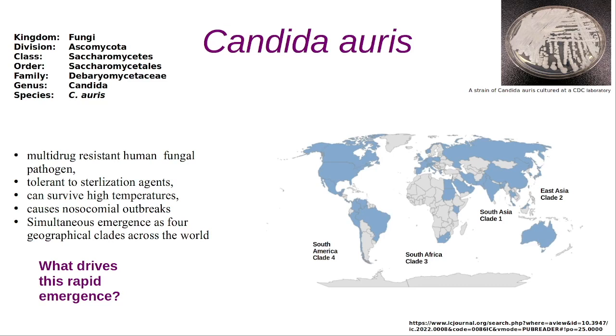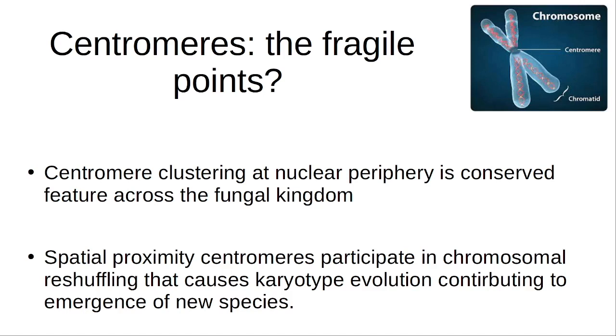A pathogen evolves in nature to adapt to its changing environmental conditions that could help in its survival. In the absence of sexual reproduction, chromosomal rearrangements and aneuploidic changes are some of the major ways to increase the genetic diversity. In fungi, centromeres, which are the primary constrictions on the metaphase chromosomes, have been observed to be the hotspots of such genome-level rearrangements. A conserved feature of centromeres is their clustering at the nuclear periphery, thus facilitating exchange of chromosomal portions and driving the karyotype diversity and speciation.